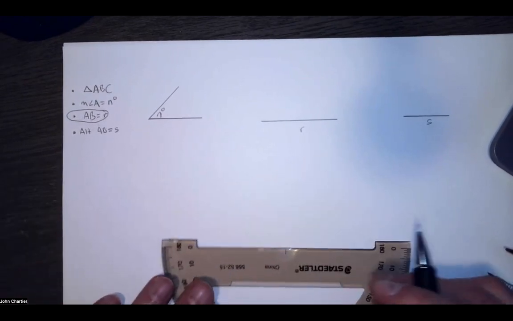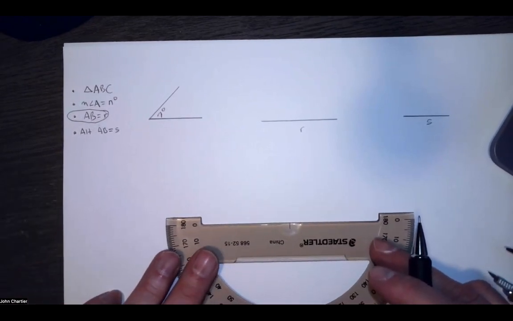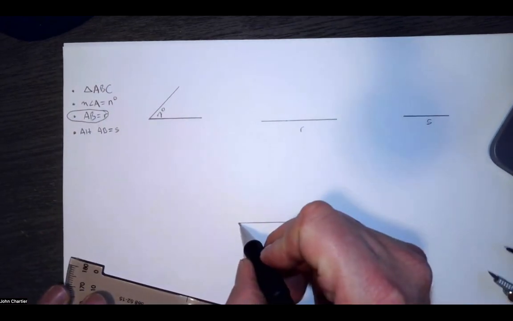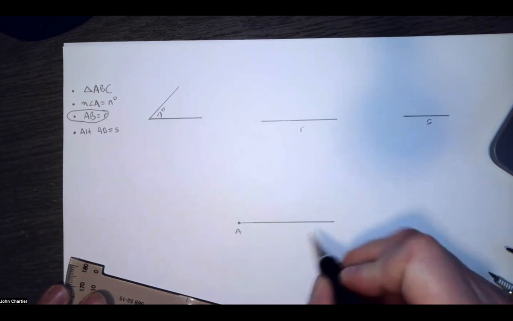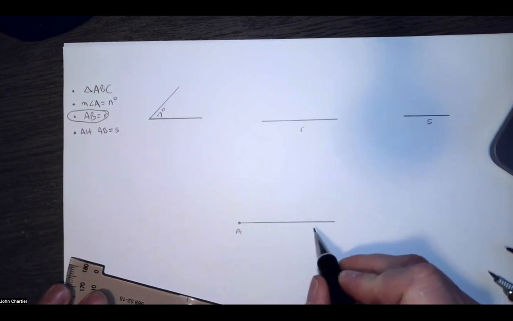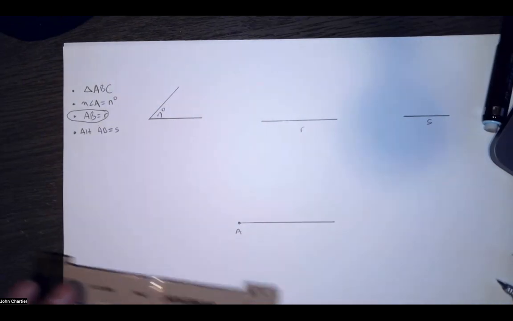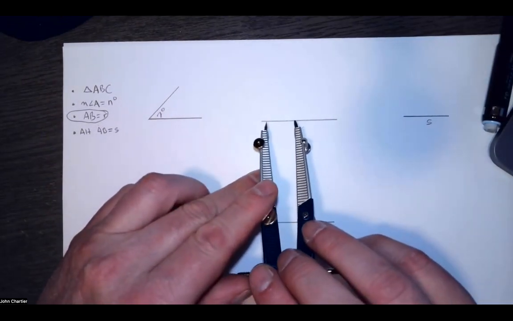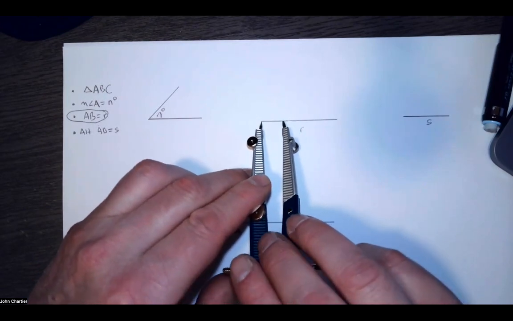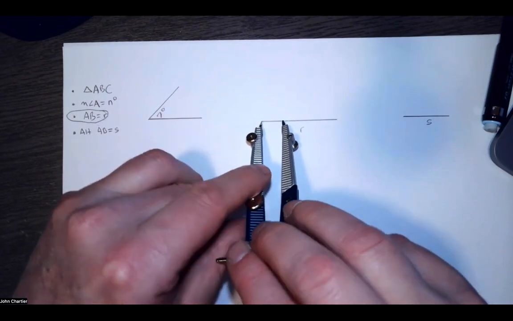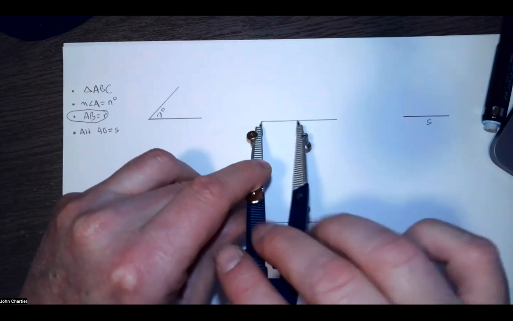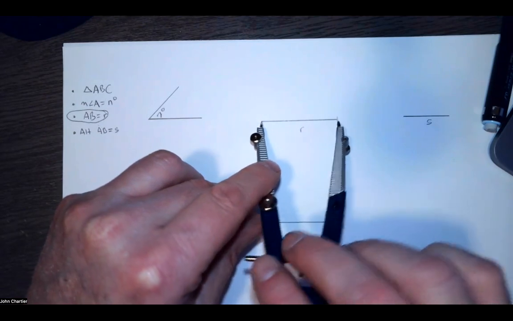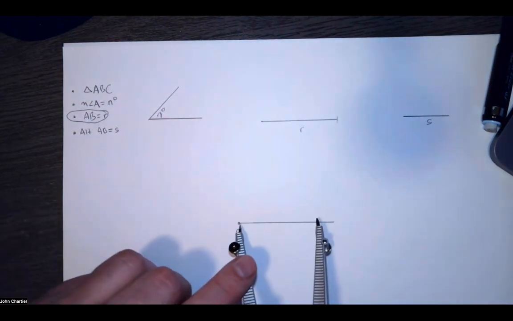So this is supposed to be construction, so we have to do the construction. The first step is to make side length AB. If this is A, right here, B is going to be somewhere down here, and the length of AB is going to be equal to R. So this is literally construction 1A, make a congruent segment. I'm going to put the point on one end of R and open up my compass to length R. Sometimes I'll draw a little arc just so I can check, yep, that's accurate. And then transfer that to here.